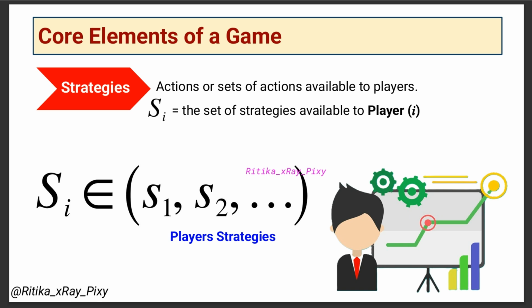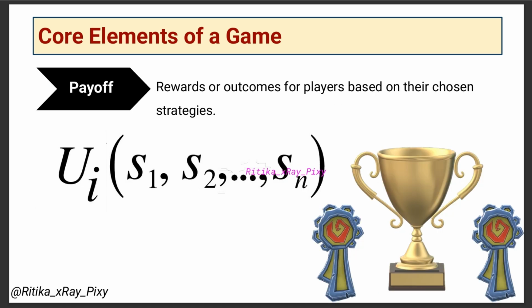So each player will choose different strategies. Third, we have payoff, that is the reward or outcomes for players based on their chosen strategy. Here you can see the payoff function expressed as Ui, and inside we have the player strategies S1, S2, up to Sn. Here this represents the strategies chosen by all players, and all players are aware of the rules of the game